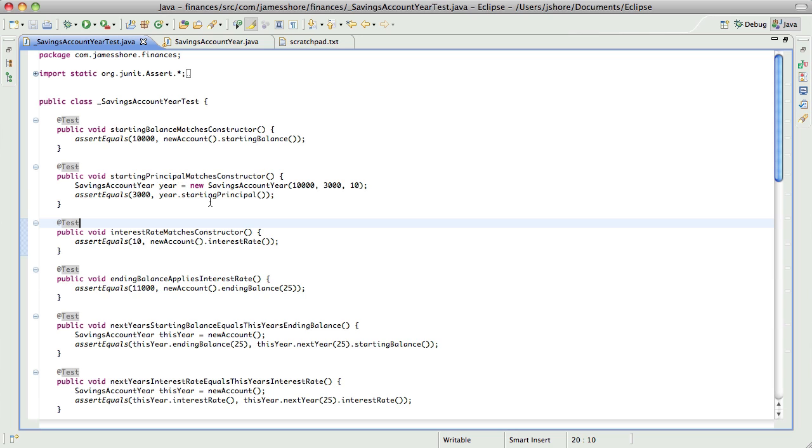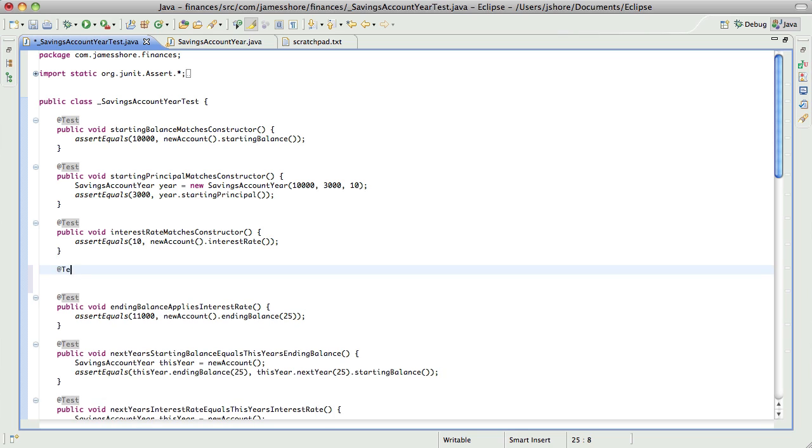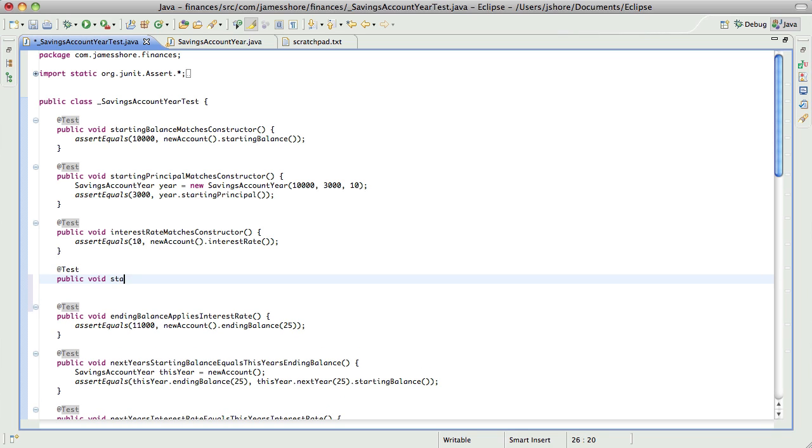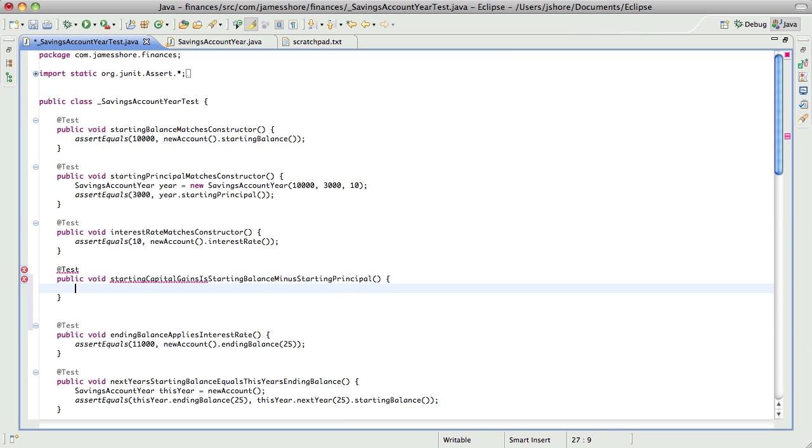Our starting capital gains is just the starting balance minus starting principal. So same as